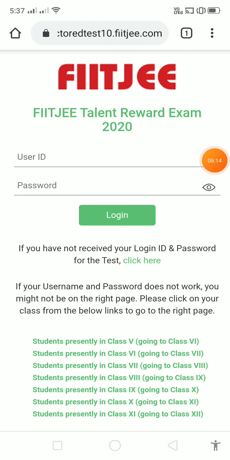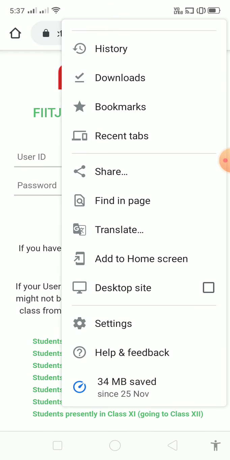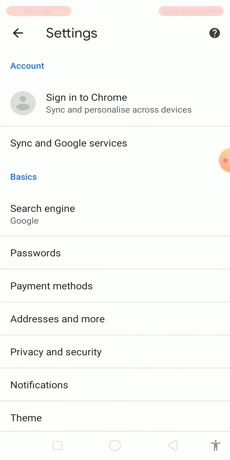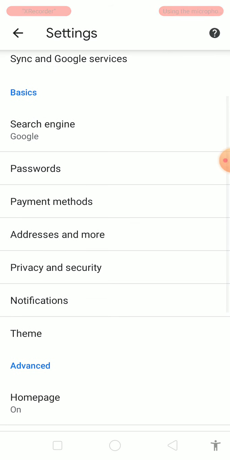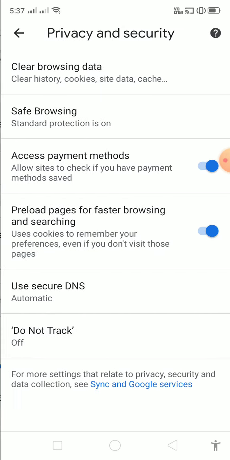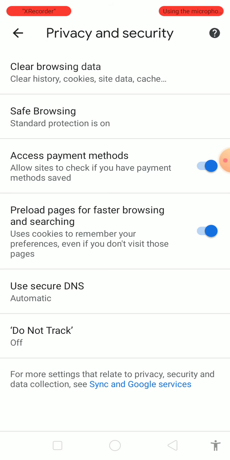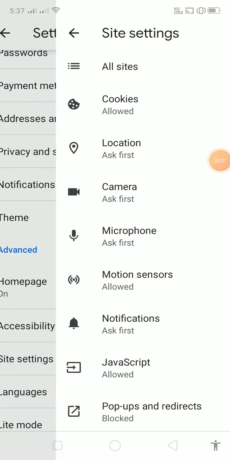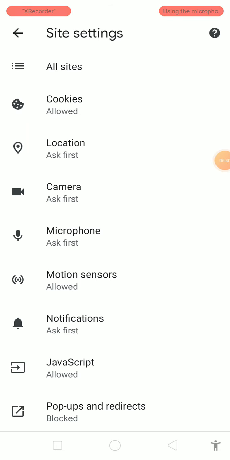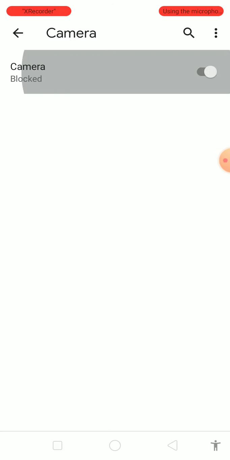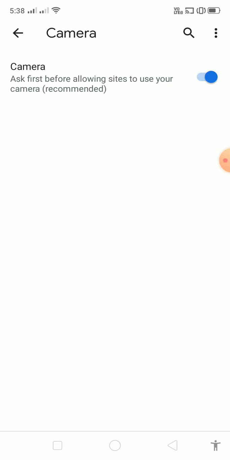While starting the exam, go to settings in the browser, then privacy and security, and check whether everything is allowed. Go to site settings, go to camera and keep it as allow, don't block it.